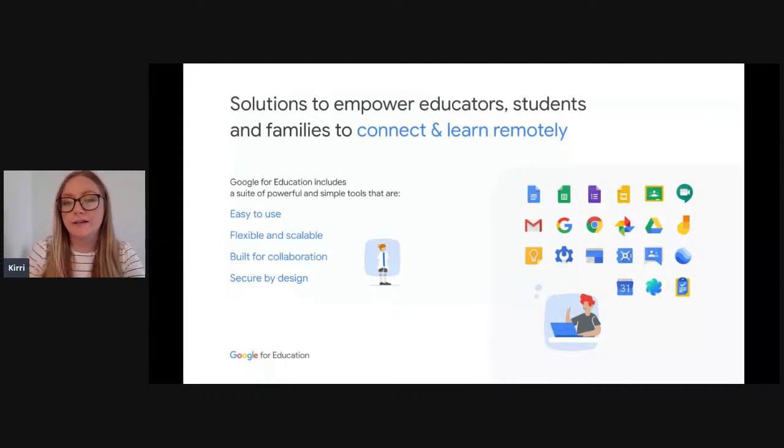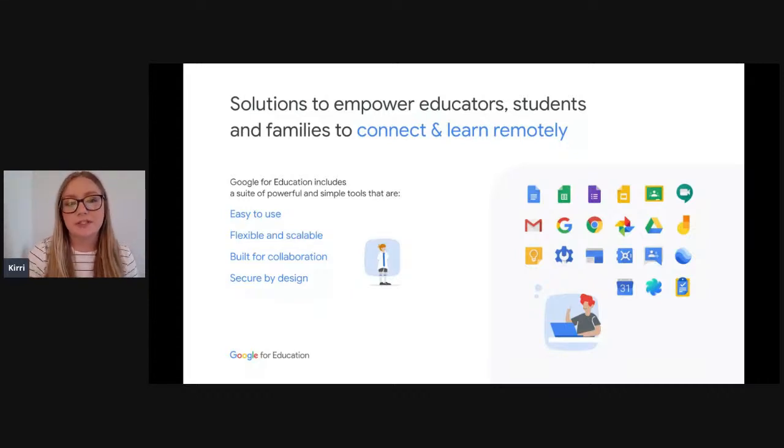So you'll see some of the icons here, some of you might be familiar with, and actually in hindsight, I maybe should have done a quick quiz and got you all to tell me what the icons were. But you have things like Google Docs and Google Sheets, Google Forms, Classroom, Google Meet. And if you are interested to learn about how to use some of these tools outside of Google Drive, we have a lot of other webinars that were pre-recorded and put onto the website where you signed up for the webinars. So you can go in there and check them out. And we have a mixture of getting hands-on with the tools, examples of how you can use them, and also school stories. So definitely one to go back and watch.